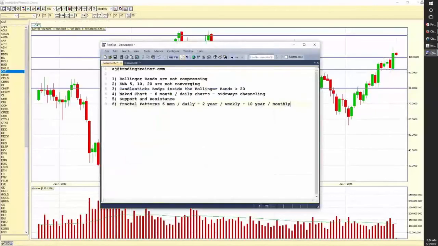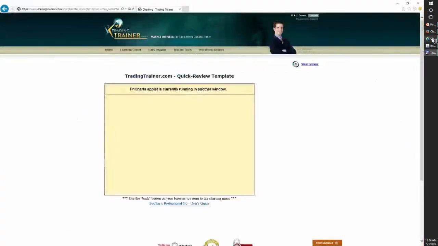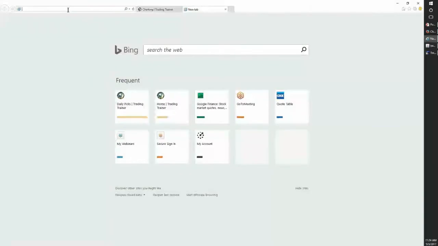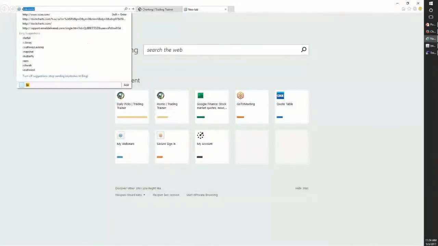So fractal patterns is something I like to take a look at. I also like to switch gears. I like to look at something called point and figure. Now you can do that. One of the free places to go and look at point and figure